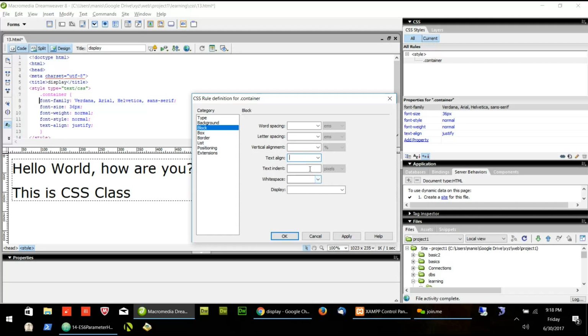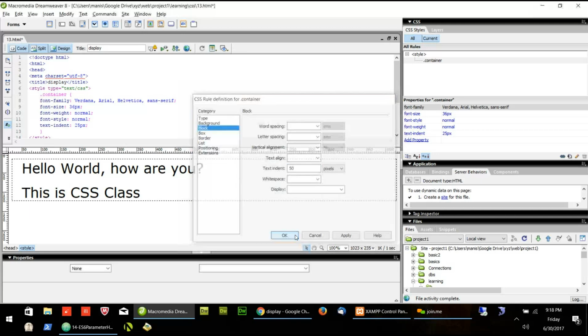Text indent, let's put 25 pixels of indent. You will see the text is indented a little bit on the right side. It is called indent. So let's put a little more indentation.